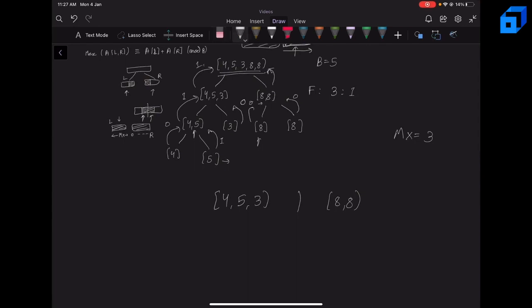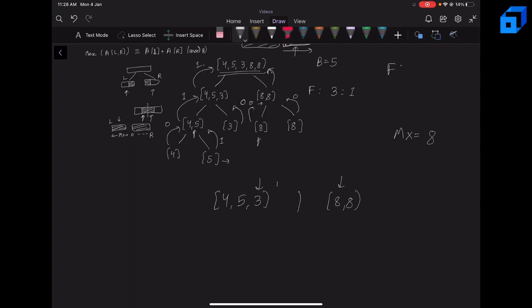So we move left and we get 5. So maximum will be 5, but again we cannot increment our right pointer. So we move left and maximum is still 5. So again we cannot increment our right pointer. So now we will consider the case where the maximum lies in the right part. So our current maximum is 8. Now we will try to move our left pointer. So we can move our pointer here.